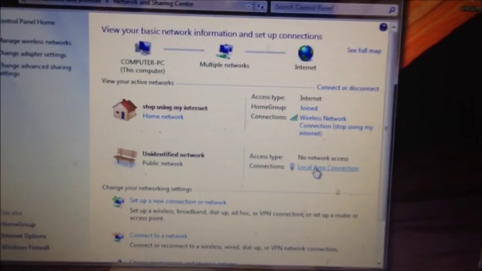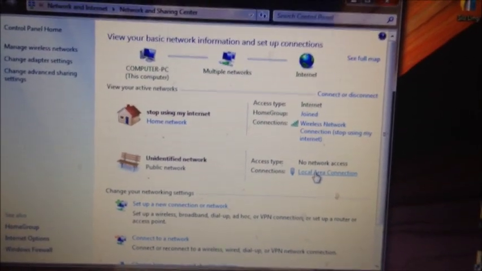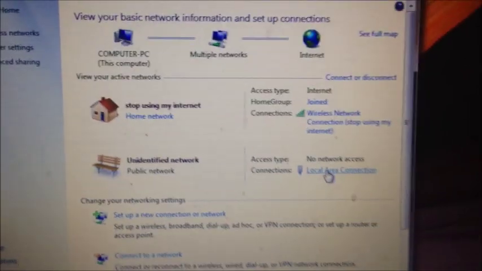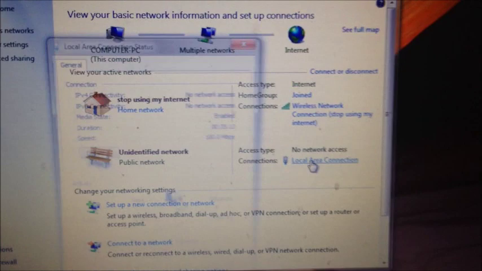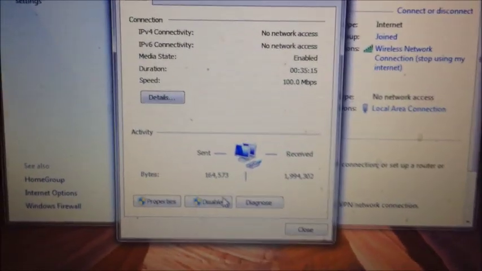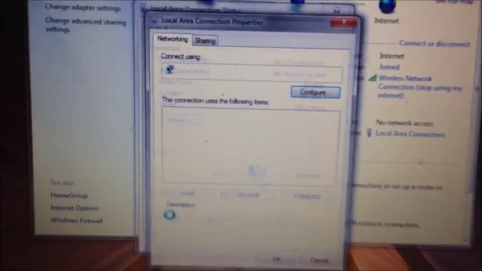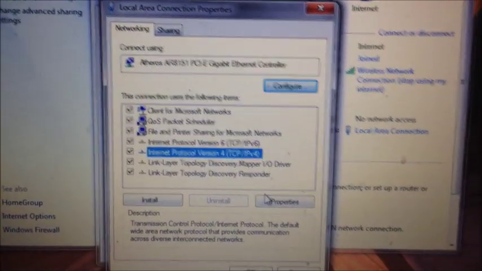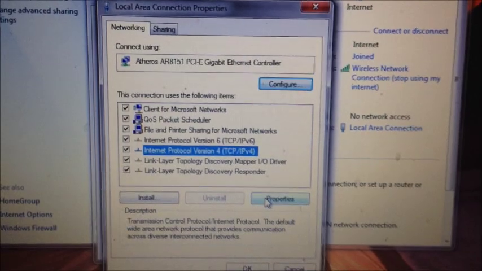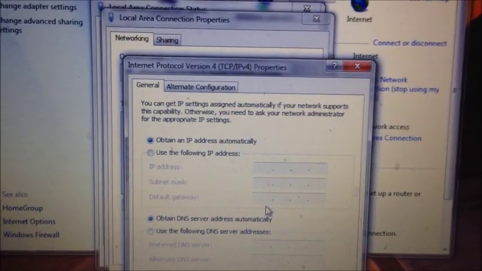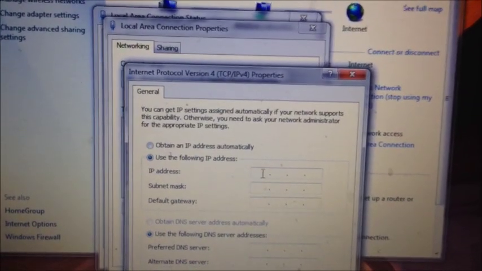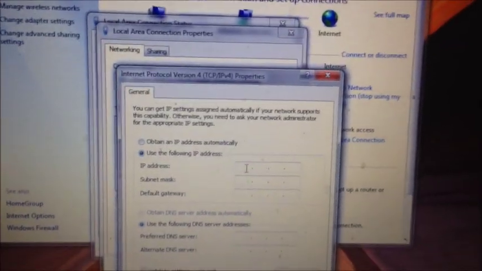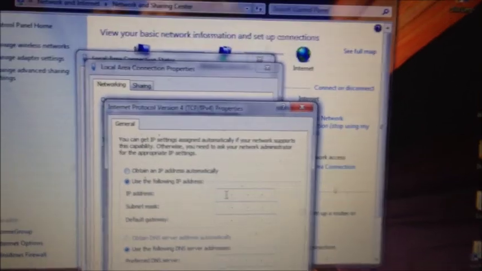Here's my Ethernet cable. Now because this is the first time you're using it, if you want to communicate with the Avalon unit, you have to set your own IP address, okay? So go here. Properties. IP4. Internet Protocol version 4, properties, use the following IP address. So I need to set the IP address they want me to use. So for the first time, I go